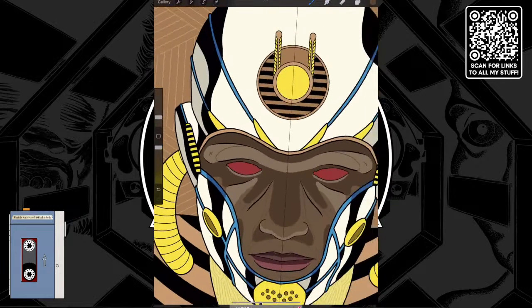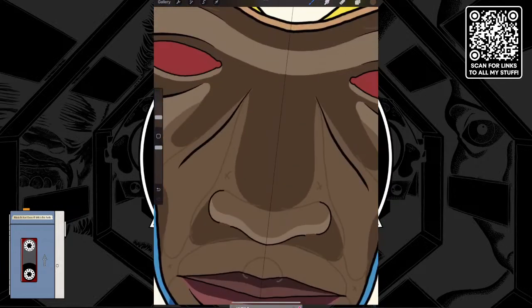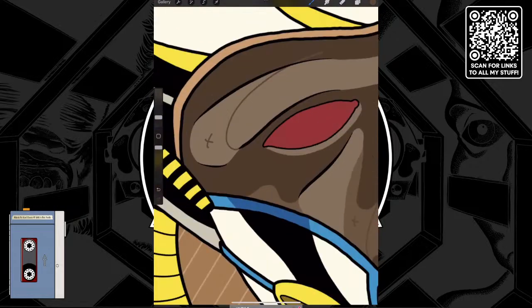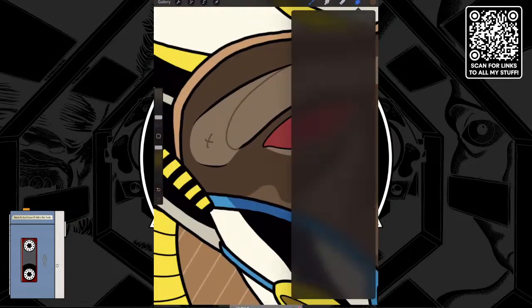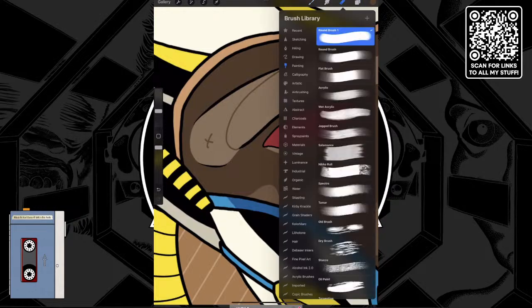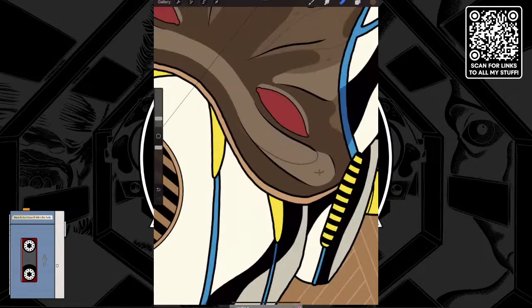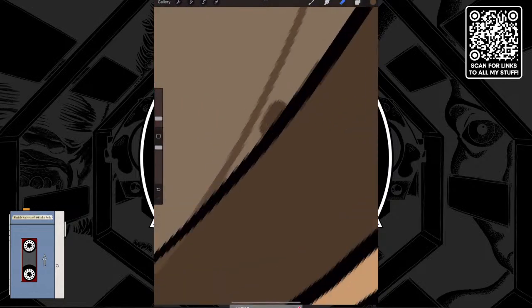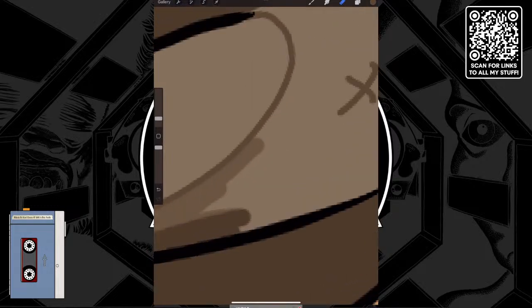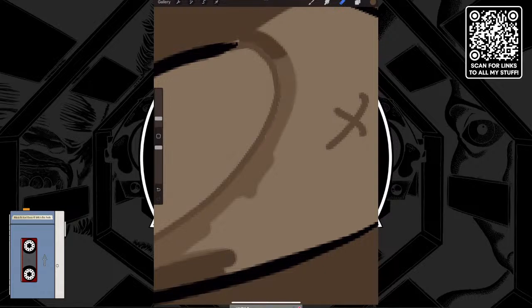X there. Okay, let's see. Yeah, that's the only tricky bit of this, is I have to be really careful. So on this, let's go ahead and turn on the assist, and I need to erase because I have to push this back down or it's going to overwrite everything. So this is not a big deal. I just have to be careful as I'm doing it. There we are.